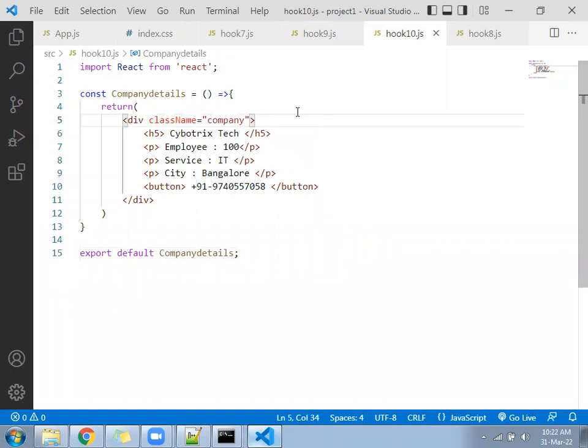Now you will change here the function name and the item details.